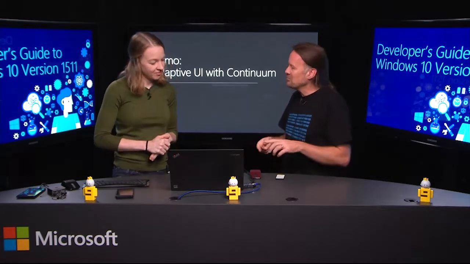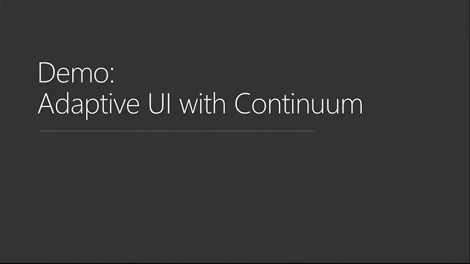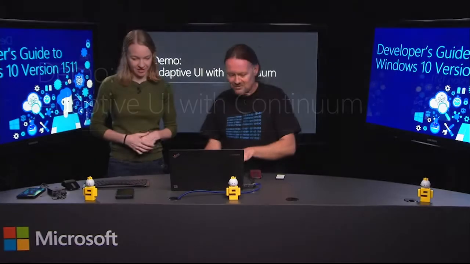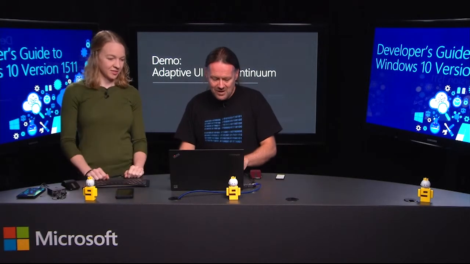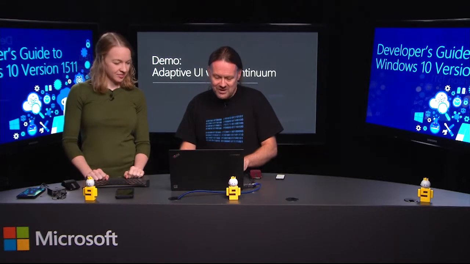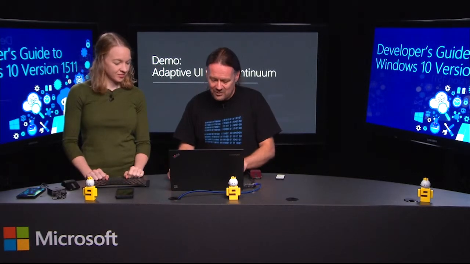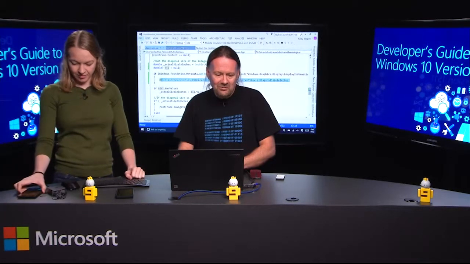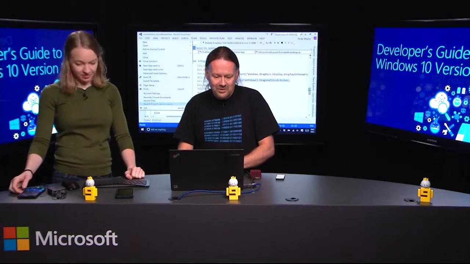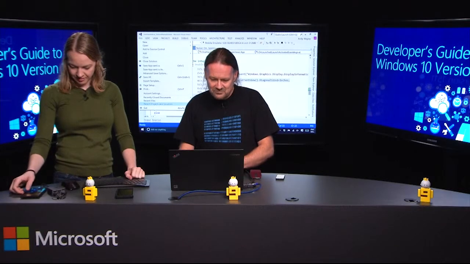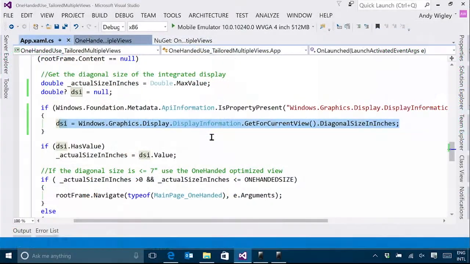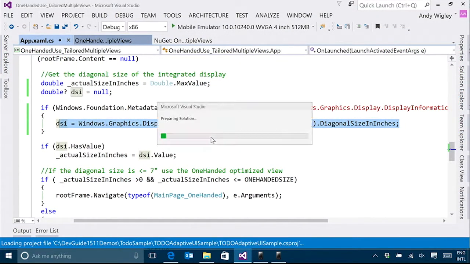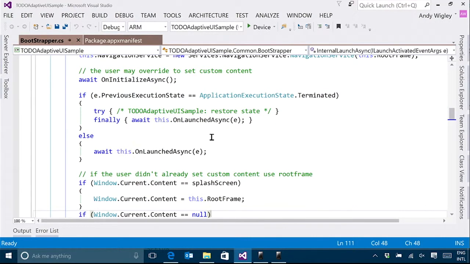So just to follow on from all that, I just wanted to revisit the app that I showed in the first session, which was the to-do one. It's a nice example of adaptive UI, just to illustrate that there's really nothing different going on here. So let's go and find that particular one. And if you remember this one on a big screen,